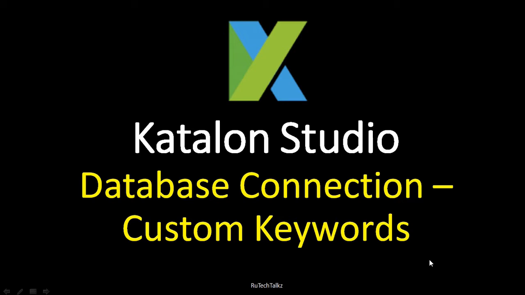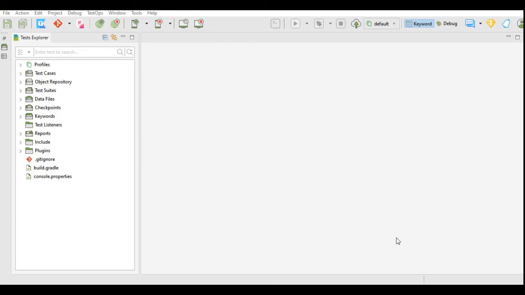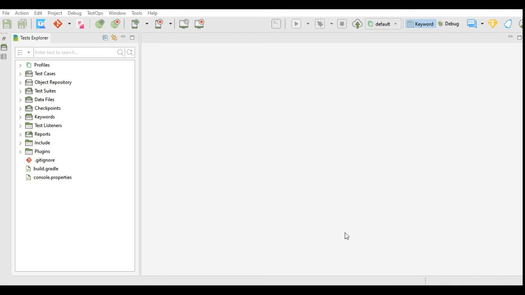We are also going to learn about the database custom keyword plugin in Katalon Studio. I have already shared how to set up the database in your machine, using WAMP server, and we are going to use the same setup. For connecting the database using custom keyword, executing the query, fetching the details from the query, and closing the connection, I have created a keyword here.